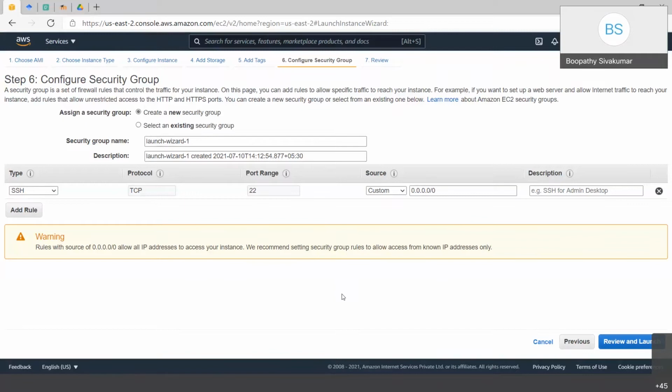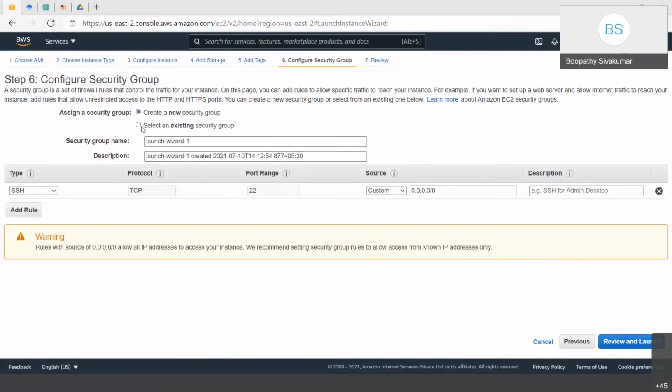For now, we can create a new security group, but by default, when we create a VPC, or in the default VPC, we will have a default security group. For now, we can create our own security group. Can you give a security group name, like let's learn security group? Type the security group name.